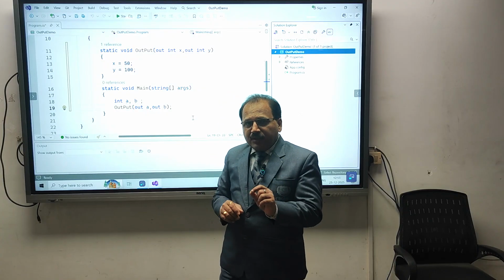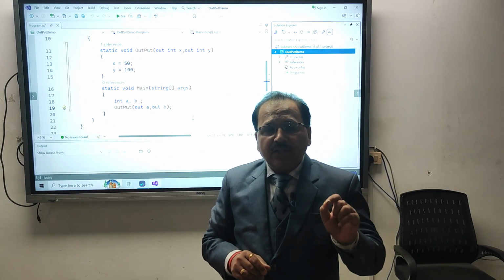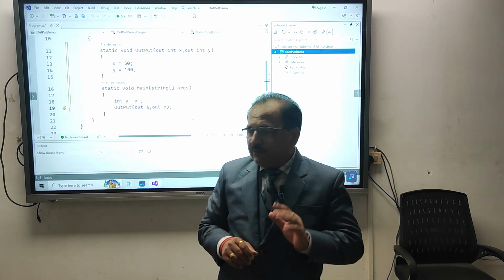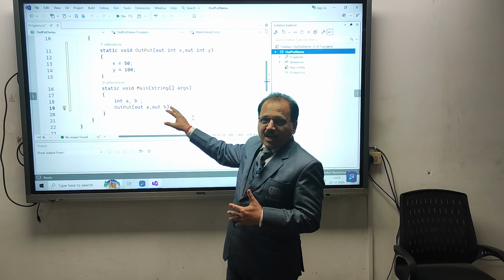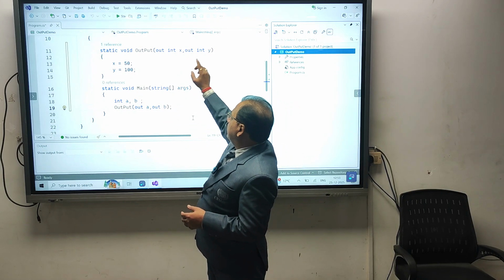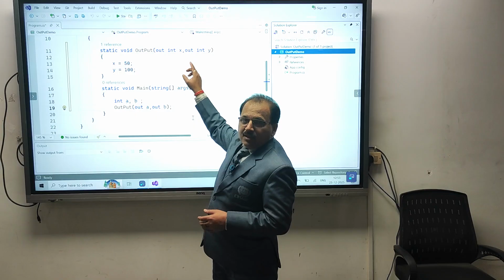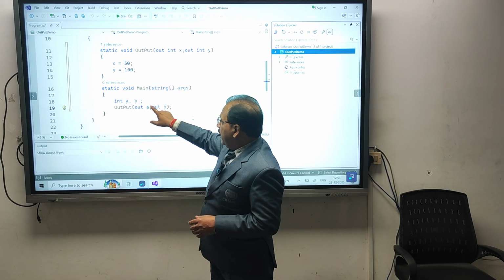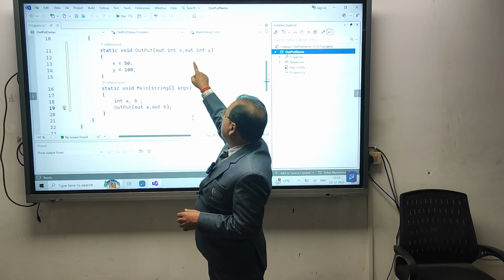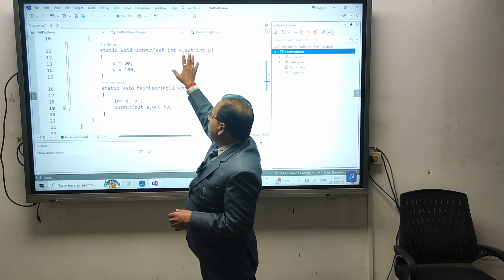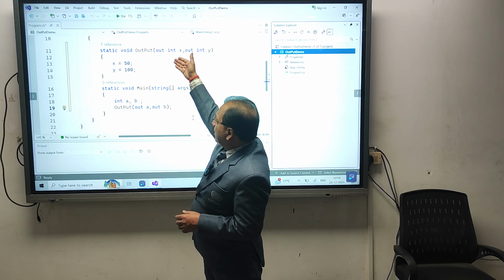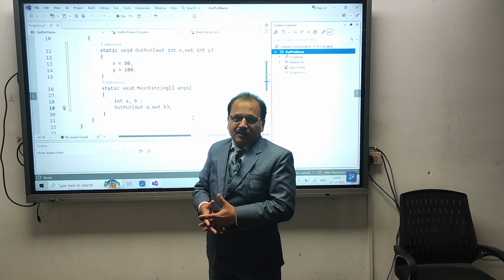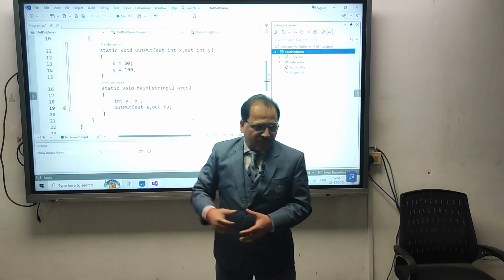And one very important thing we have to notice here: I have not initialized the values of a and b out here. We have not given any value to a and b, so we cannot say that we are sending some value to the variables x and y. This is a kind of reference variable. That means a is being referred by x and b is being referred by y. So whatever value you put in x and y, automatically it will be returned back to a and b, and that value of a and b we can utilize inside this calling function.